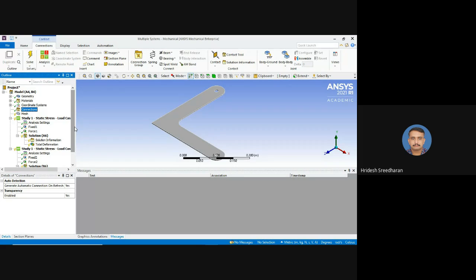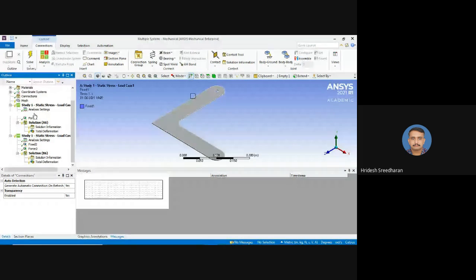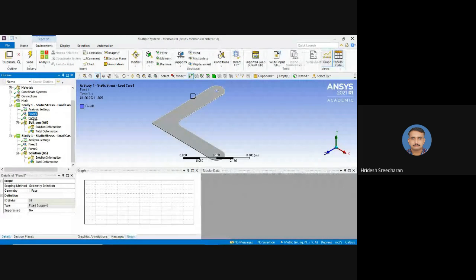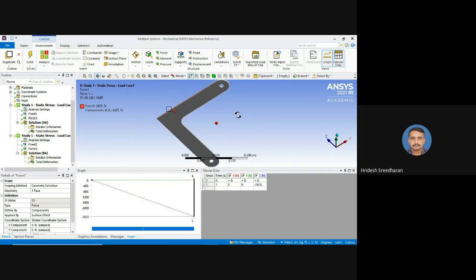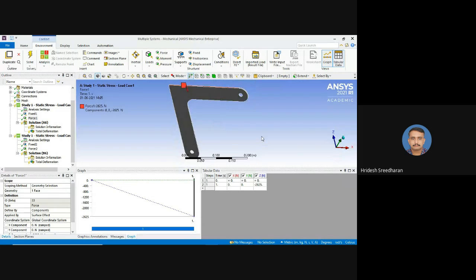Okay. Now if you come out to the browser here, we know that the fixed constraint is here, and the force which we applied is here. But you should remember one thing, there is a change in orientation of the product, but it doesn't make any issues for us. You should just understand that the orientation is a bit different.